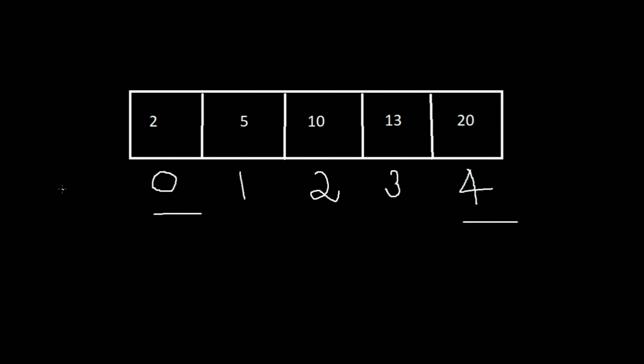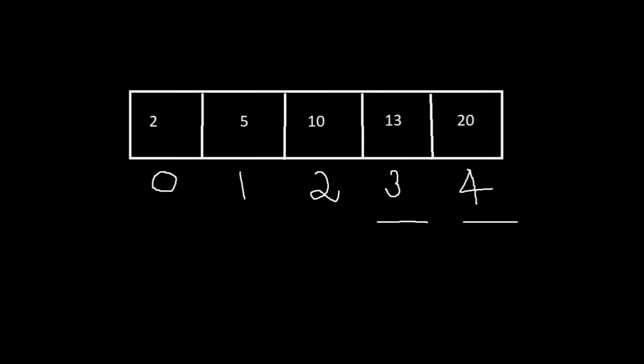So as you guys know, mid is the middle index and we have to do a plus 1 to that. So basically the first index changes from 0 to 3, right? So it will change from 0 to 3. So now 3 is our first index and 4 is our last index. Now take the middle index of this. 4 plus 3 by 2 will give you the answer as 3.5, which when we convert into an integer will give you the answer 3.